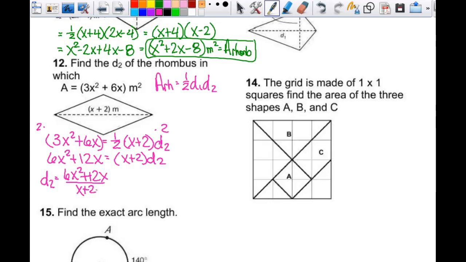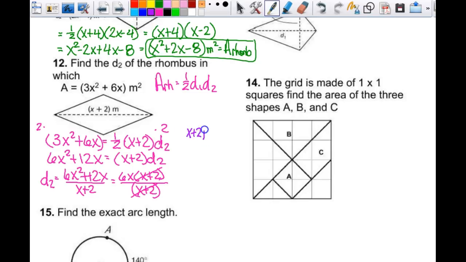I got two options here. I can do polynomial long division, or I can factor out the GCF. So I'll show you both. If we factor out the GCF in the numerator, that's going to be 6x. So that leaves me with x plus 2. And in the denominator, x plus 2. And those cancel out. Or if you wouldn't think to factor out the GCF, then you can do